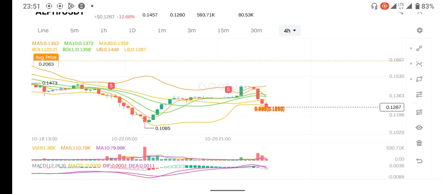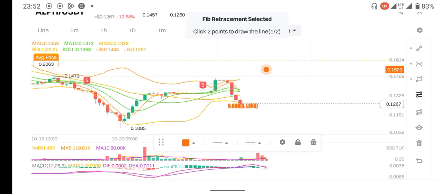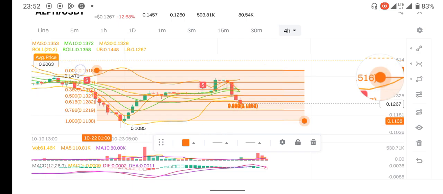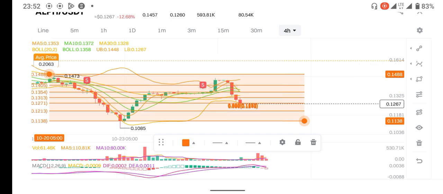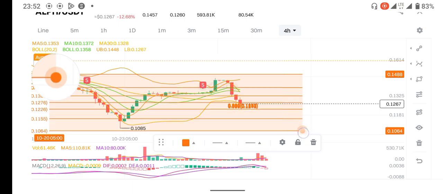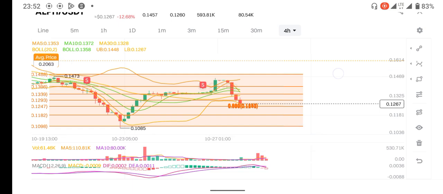So at this particular point, at this particular candle, we noticed we had a bearish candle, then we had a confirmation at this particular point. The price slumped to what it is today, 0.1267. Okay, so if we pull out our Fibonacci retracement, we'll take this point here. We'll have this one. Okay, so we have